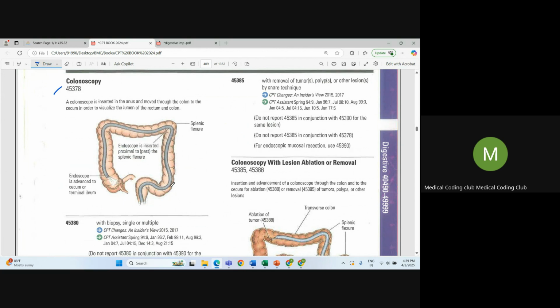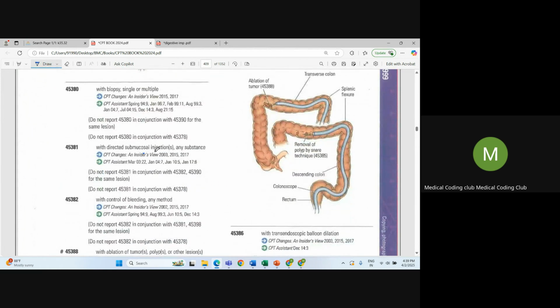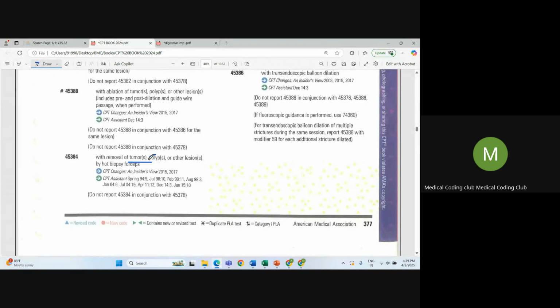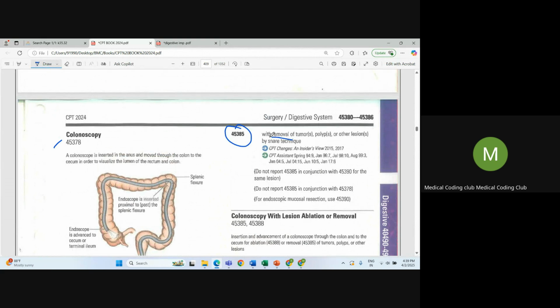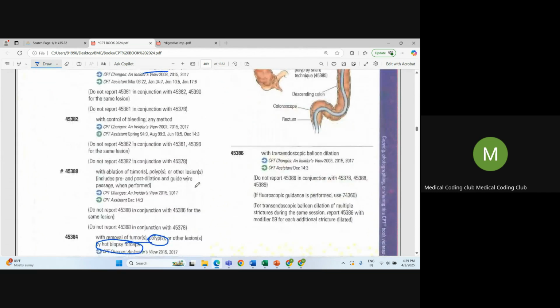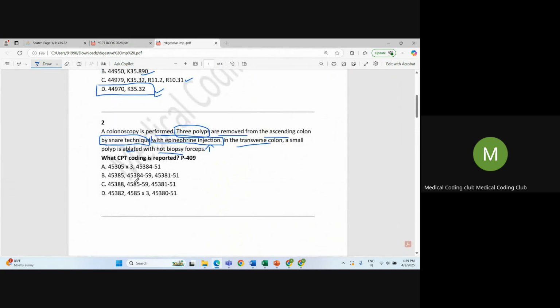Colonoscopy is here. So using colonoscopy, they are injecting also, and they are removing polyp using hot biopsy forceps, and also they have removed polyp using snare technique. Okay, 3 procedures they did. So how to code these procedures? You can check from here. So the correct option should be,